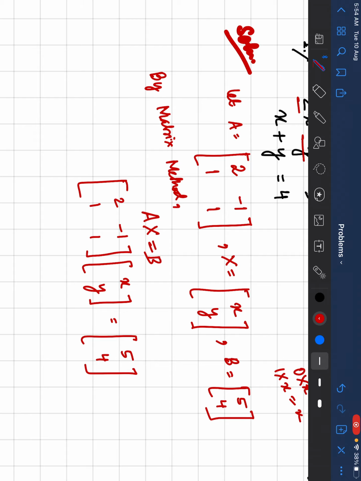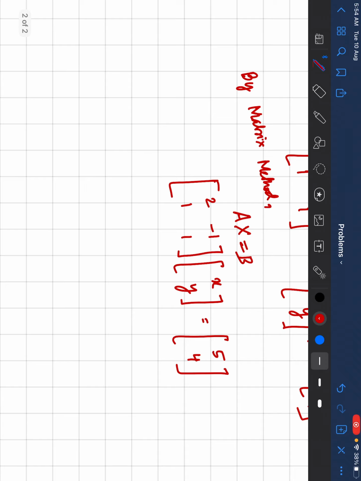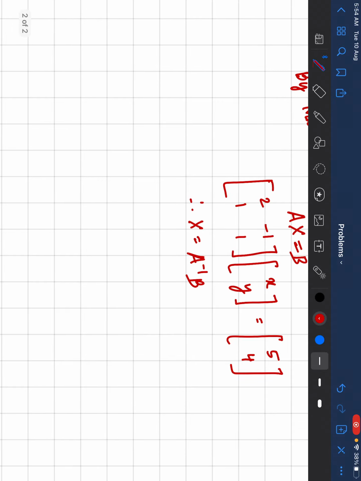We express the system of linear equations in this form. Now what do we need to find? We need to find X. Therefore X is equal to A inverse B. We learned that X is equal to A inverse B. So we need to find A inverse. So right here, to find A inverse,